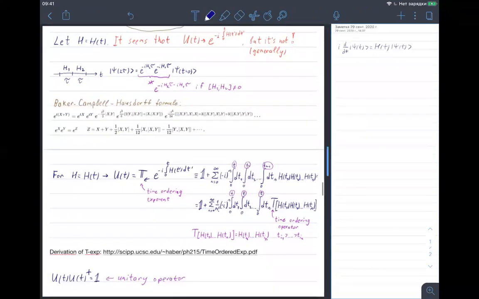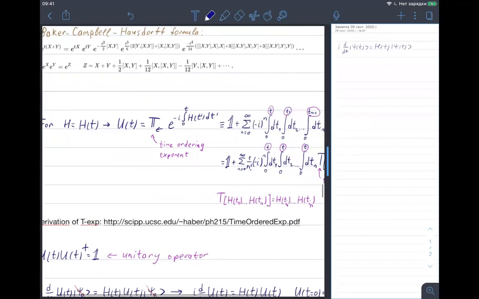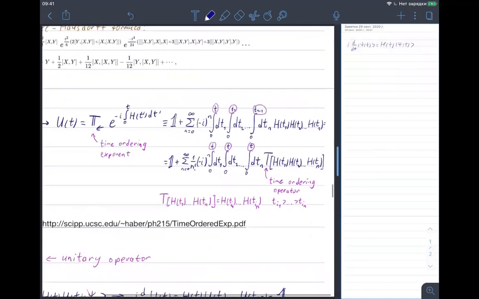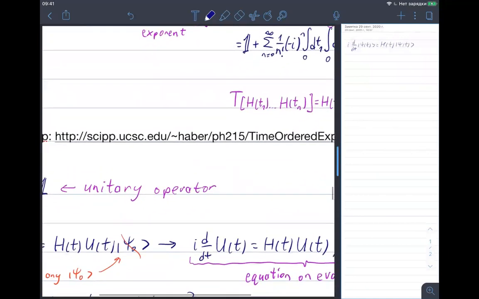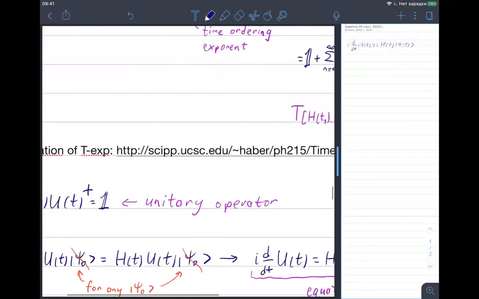In this handwritten version of the notes, I add a link to a PDF with the derivation of this time-ordered exponent. If you are interested in the explicit derivation, you can look. It's really nice. Before we proceed to the Heisenberg picture, I would like to note that